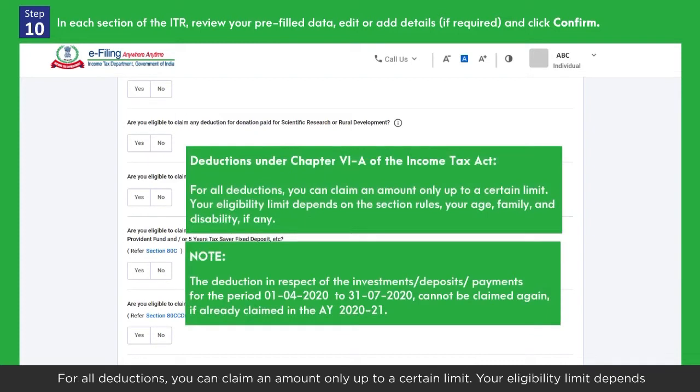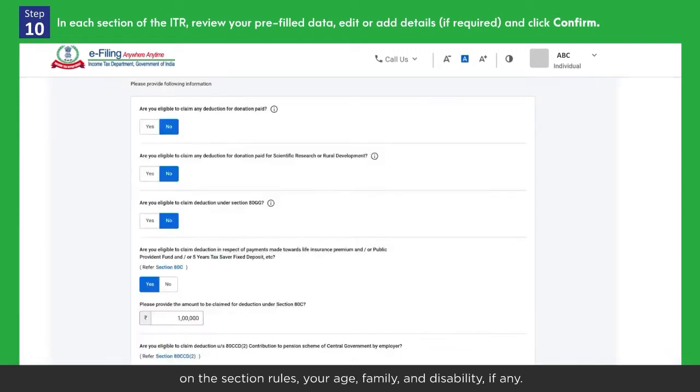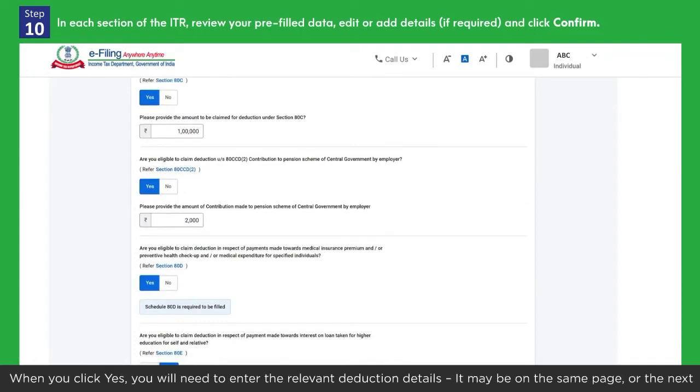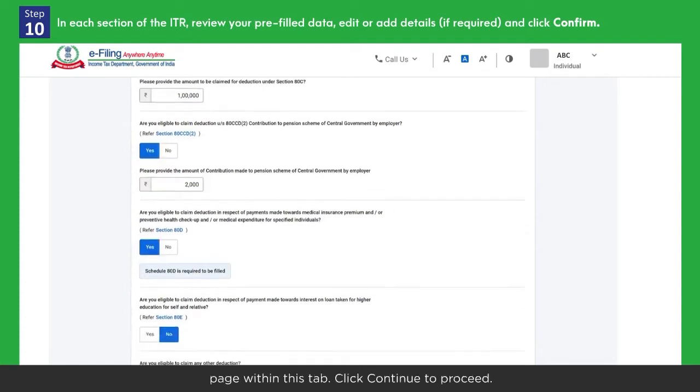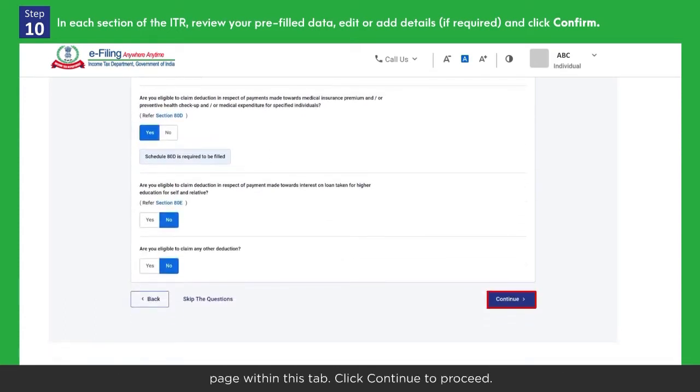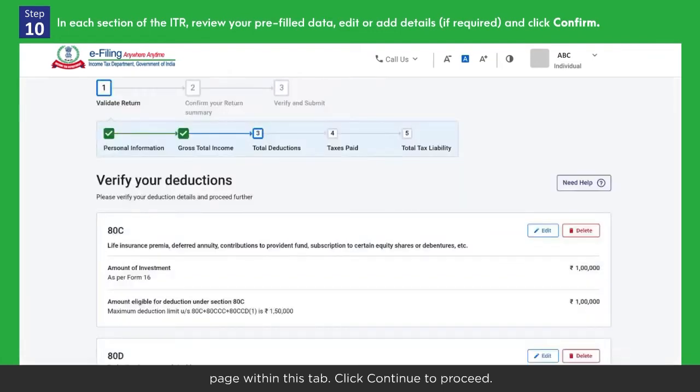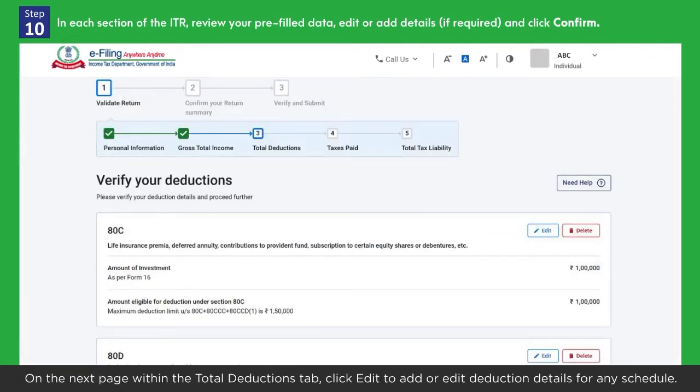For all deductions, you can claim an amount only up to a certain limit. Your eligibility limit depends on the section rules, your age, family, and disability, if any. Click Yes or No to answer the questions, as applicable. When you click Yes, you will need to enter the relevant deduction details. It may be on the same page, or the next page within this tab. Click Continue to proceed. On the next page within the Total Deductions tab, click Edit to add or edit deduction